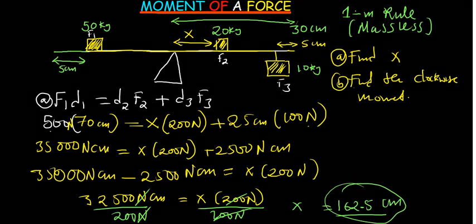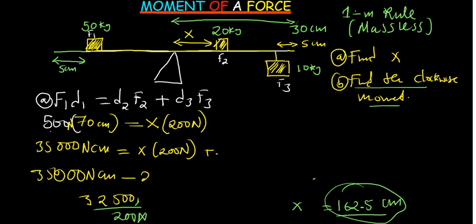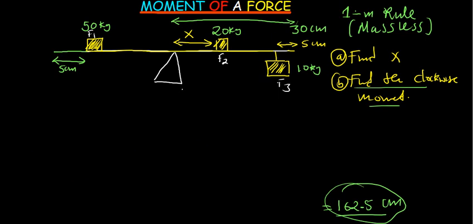Now, when you want to find the clockwise moment, just this portion here gives us the clockwise moments. So we'll find the answer as 162.5 centimeters. That means that this ruler cannot be a 1 meter ruler, unless maybe a 2 meter ruler. So clockwise moment, clockwise is going in this direction. So we're going to get this distance to multiply by this weight. So that is distance 2 multiplied by force 2, and then we're going to get distance 3 multiplied by force 3. That will give us the clockwise moments. Distance 2, of course, we found